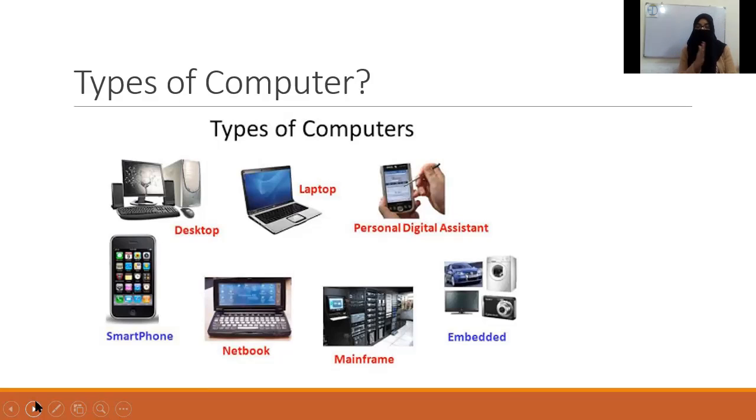Then comes the laptop. A laptop is a bit advanced version of the computer. In computers there are, for example, Pentium 1, 2, 3, 4, and then many types, right? Then there comes a laptop. A laptop is a bit advanced. You can easily carry it. You cannot carry a desktop computer with you, right? But you can easily carry a laptop. Then there comes the personal digital assistant, which is a very small mini computer, and you perform the functions with a pen stick.